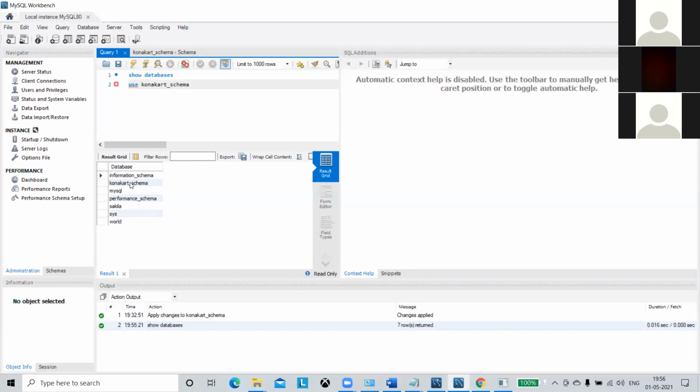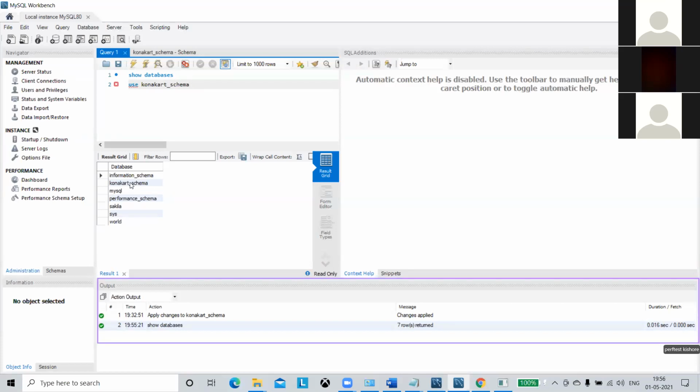And guys, observe here. Whenever you execute some query here, it will show you the results of that query over here. So here it's shown, this is the query that you typed, show databases, and it is saying that 7 rows returned, and it is displaying all those over here. Is it clear? Yes, sir. You have to be familiar with the UI.